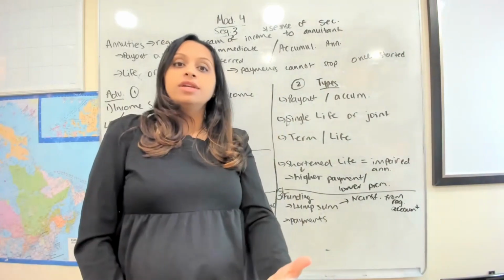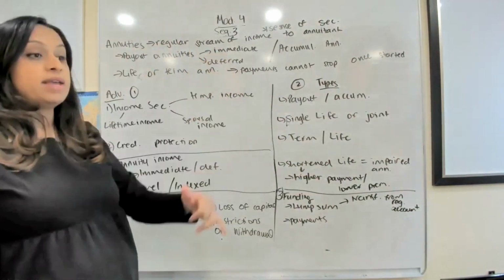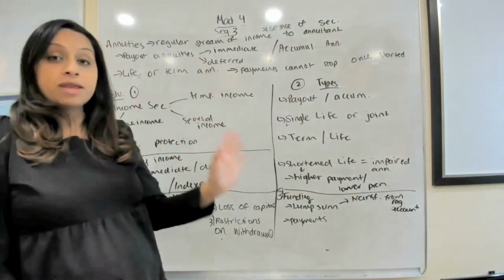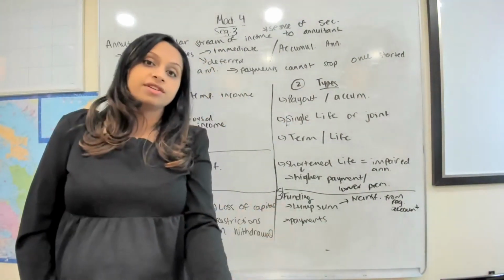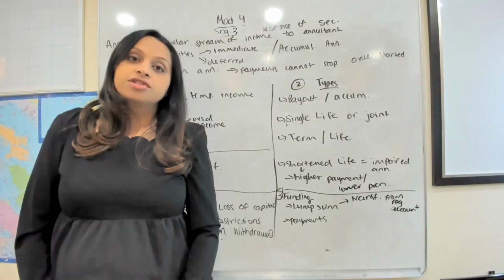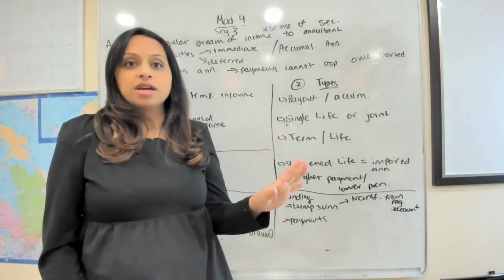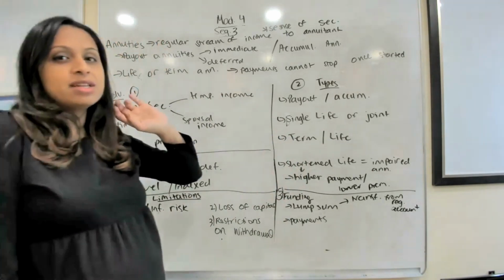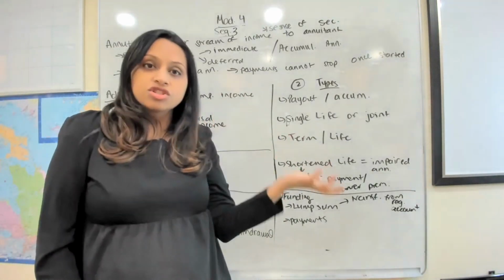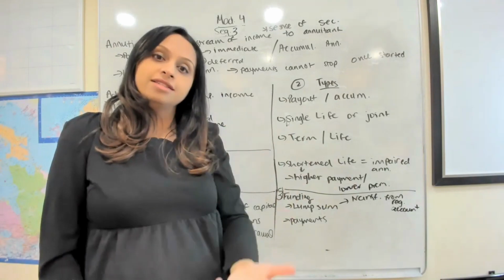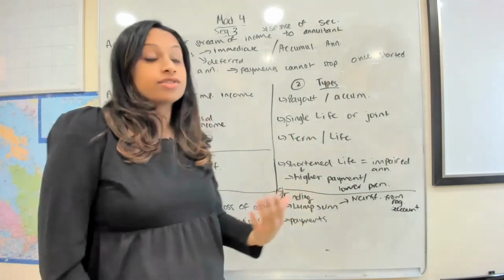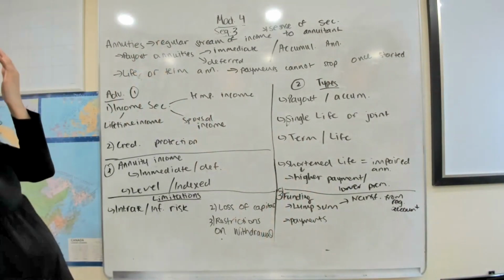Now, with the payout annuity, it could be immediate, which means the payments are starting right away. Or deferred, which means you don't need the payments to start right away. Maybe you need them in 5 years, in 10 years, in 20 years, but you're deferring them for some time, right? So there's a lot of flexibility, a lot of ways you can structure it based on your own individual needs and desires.